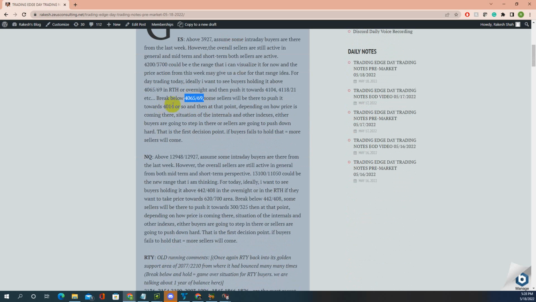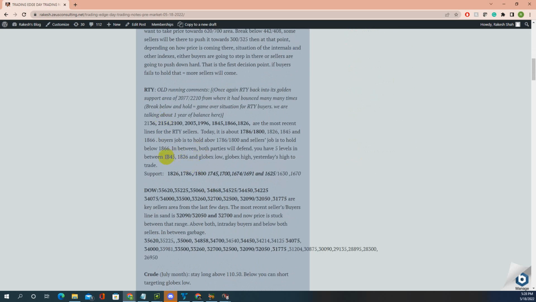It was straightforward today: above, buyers; below, sellers, that kind of concept. There are only three levels which were important for both NQ and ES, which is this and 4,000 and this, four levels. NQ: this, which is the extreme target for sellers today; this, below this, sellers beginning; below this, more sellers, right? So 1, 2 and 3, that's it pretty much. And you can read through Russell, this and this. So this one started, that 26 has started the down move, and it came down up to this.